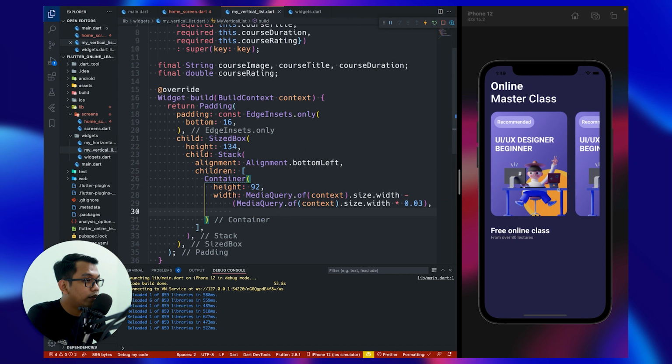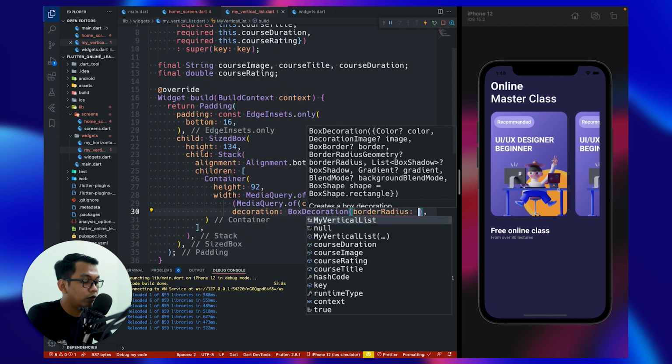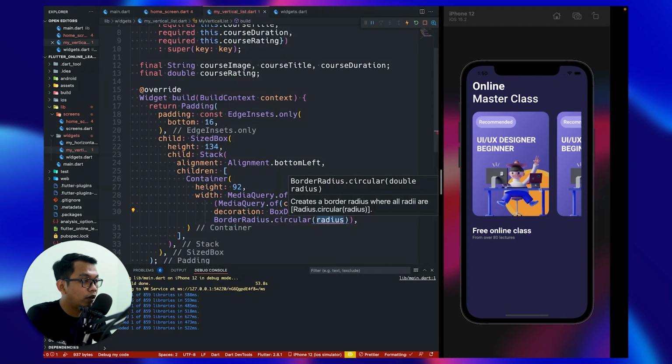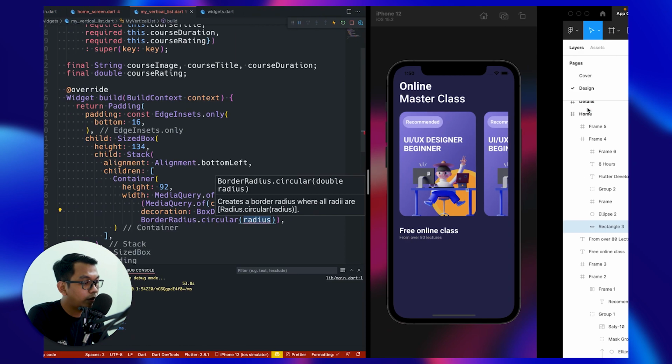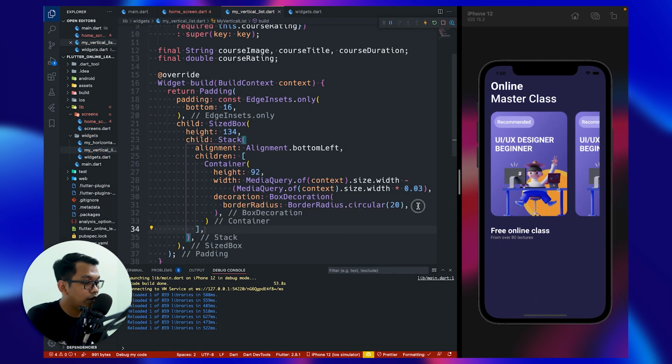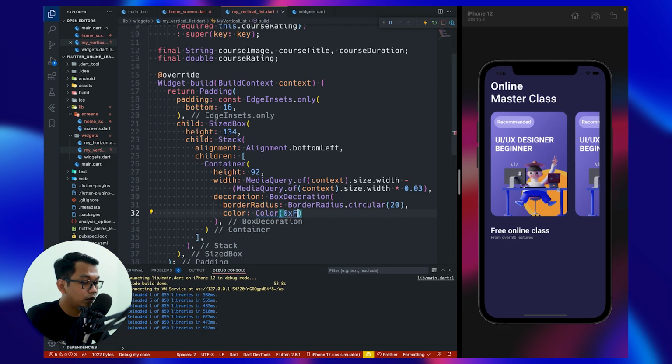And for decoration, we use box decoration because we want to add border radius using circular. It's around, let's see, 20. And for the color, we can call our color, paste here, and we add const modifier right here.